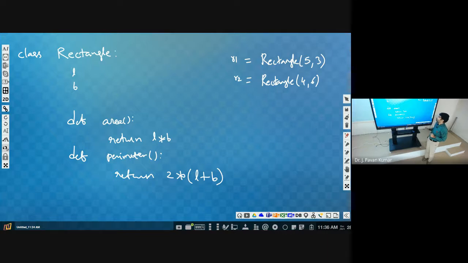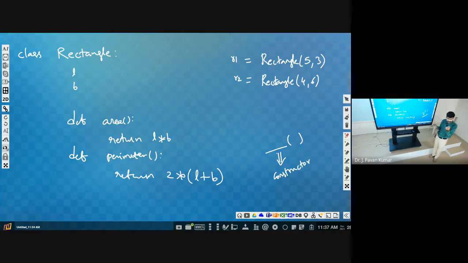Anything followed by parenthesis we say is a function, and here the class name is followed by parenthesis, so it is also said to be a function. But what is the function name here? The function name here is the class name. Whenever we have a function with the same name as the class name, that kind of function we call a constructor.